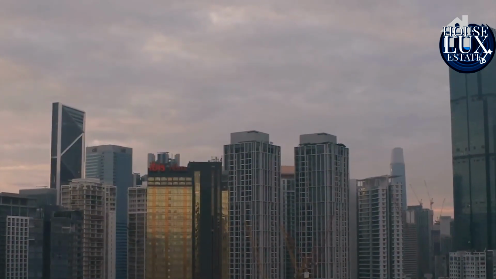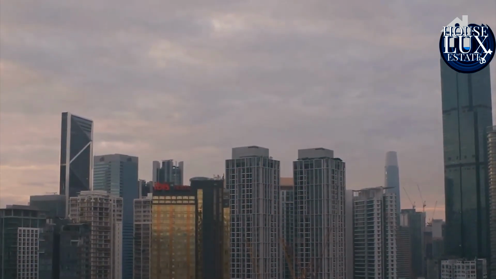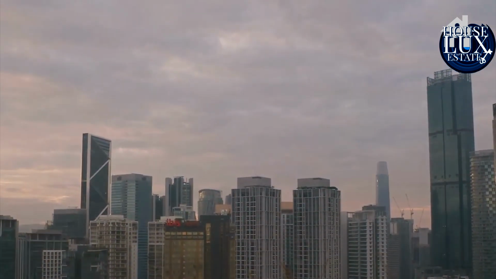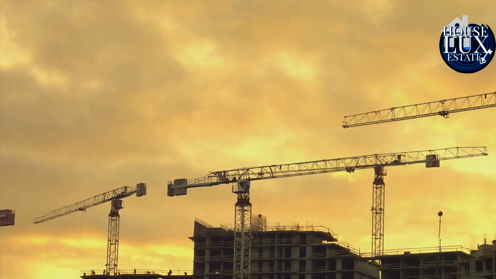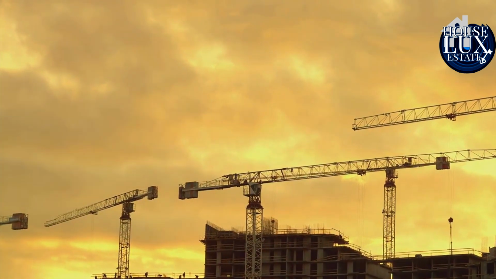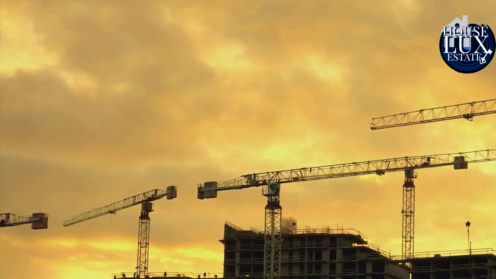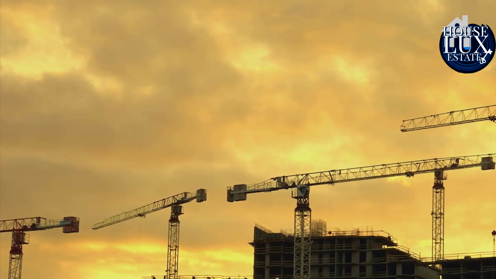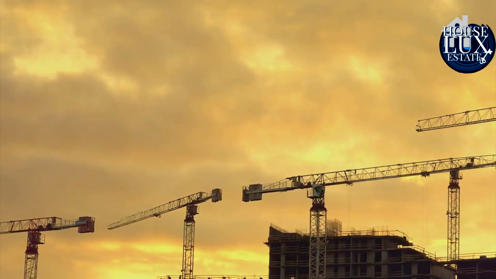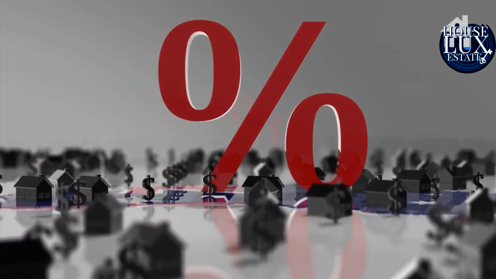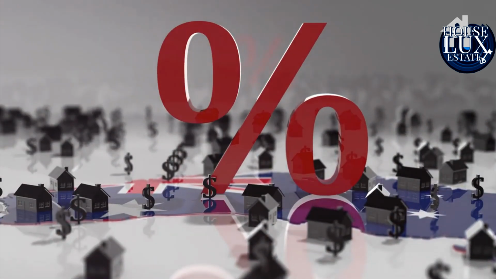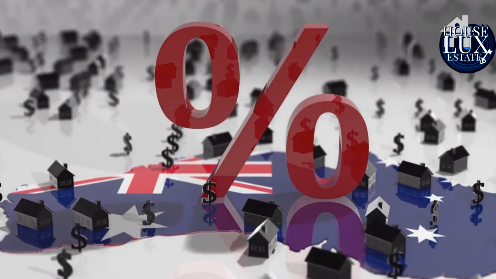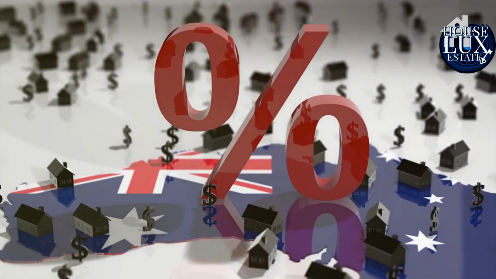The third principle we're going to talk about is market trends. Real estate, like any other market, is influenced by trends. These could be demographic trends, economic trends, or even changes in lifestyle preferences. For instance, a growing population or a booming economy could lead to increased demand for homes, pushing up prices. Conversely, an economic downturn could lead to a decrease in demand, causing prices to fall. It's also worth noting that market trends can vary by region, city, and even neighborhood. That's why it's important to research and understand the specific market where you're planning to buy or sell property.